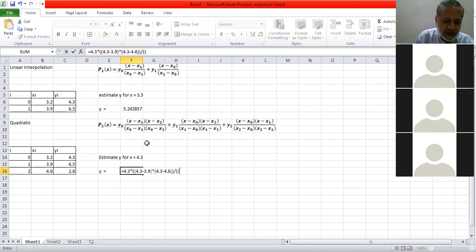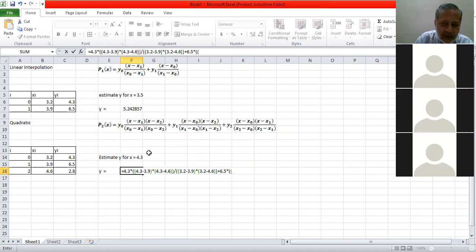So what is x naught? X naught is 3.2 minus x1 is 3.9. One factor. The other factor is x naught minus x2. So 3.2 minus x2, which is 4.6. And now the first term of the second degree Lagrange polynomial is written, and we go to write down the second term, which starts with y1. So value of y1 is 6.5